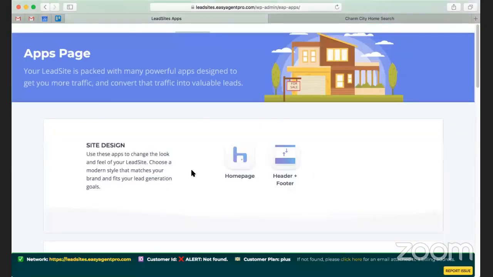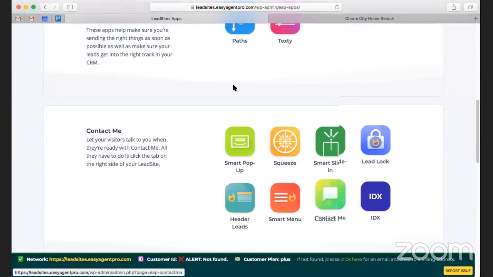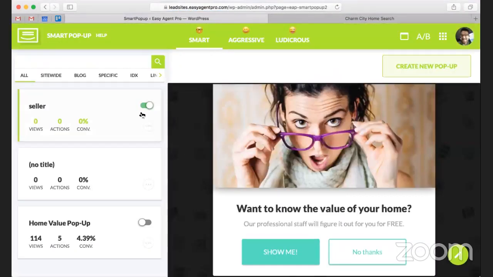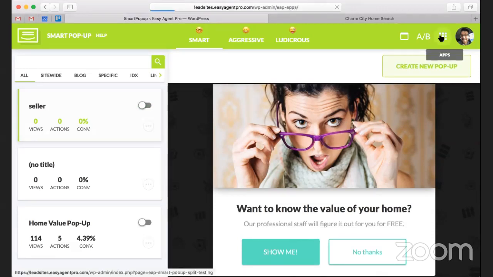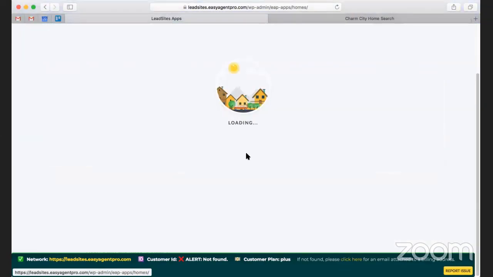Another thing that you might have noticed is that we've had that smart pop-up come up a few times. That's another design element that we can adjust. So if we go to the smart pop-up here, we have this seller one on. I'm going to go ahead and just deactivate it for the time being, just so that we're not seeing that so much while we're editing the site, which is definitely a handy thing to do. So you can flick those on and off with a flick of a switch. So if we go into home pages